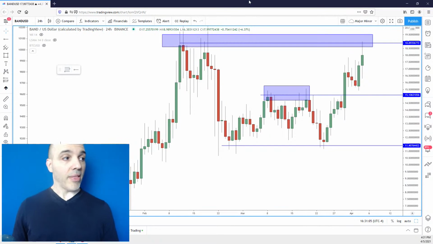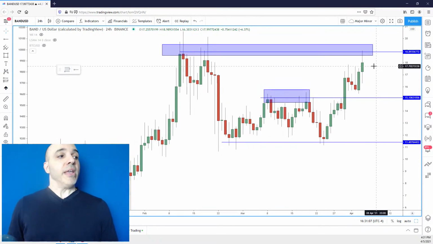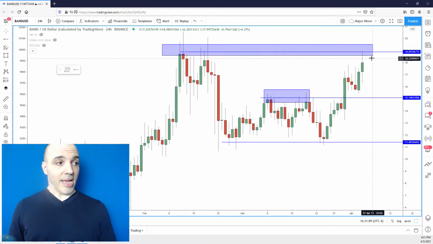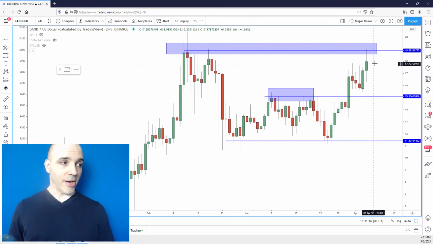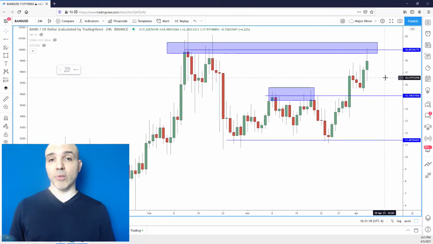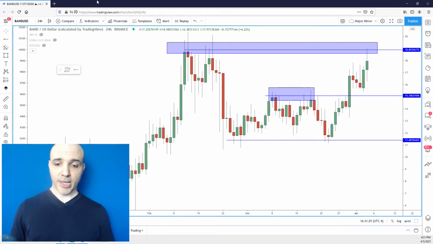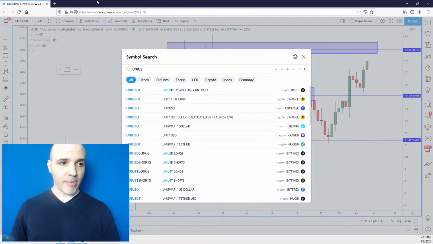Now, on the same note, if momentum continues, I wouldn't be surprised to see the higher high if this thing doesn't fail at this resistance area. I don't like the current tail in place, but the candle's not closed yet. So you have to see how that thing plays out. One thing you don't want to make the mistake of doing is prejudging these things before they close. It's a very common mistake.